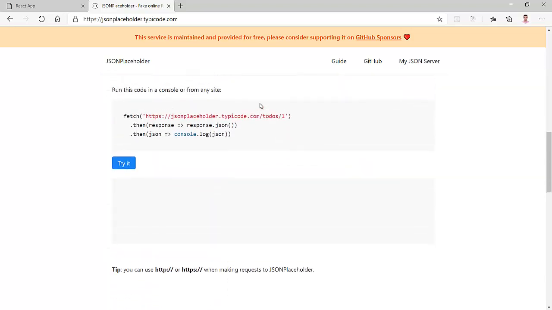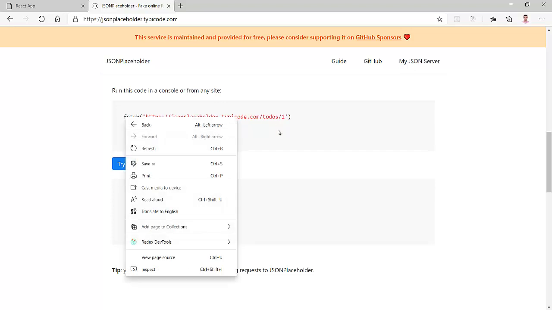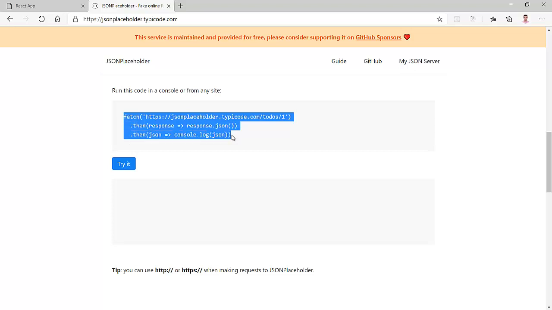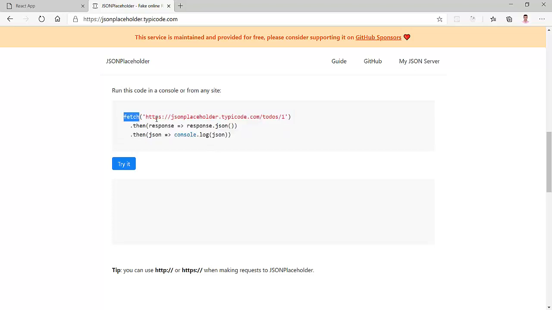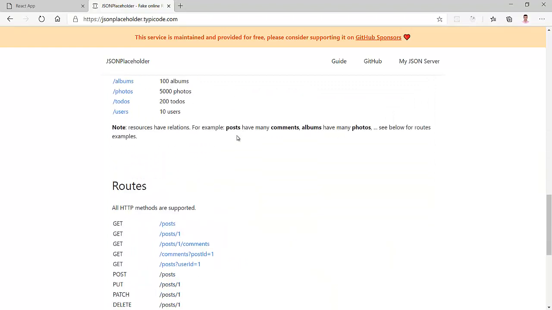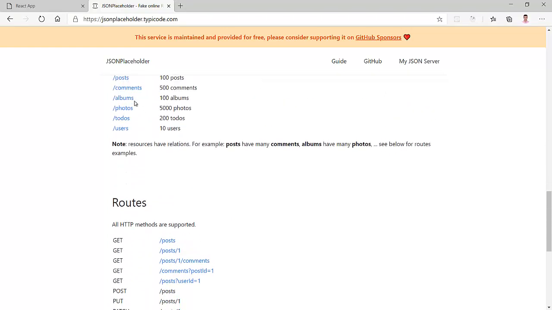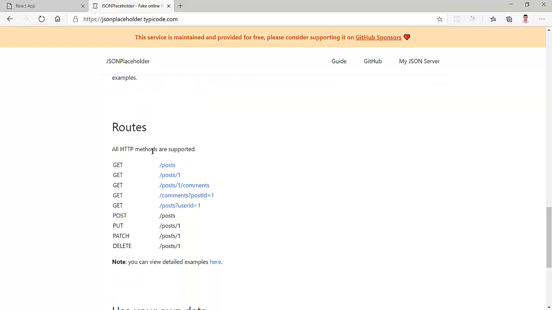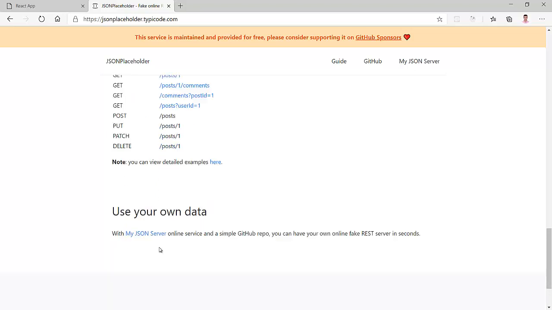See, this is our fetch statement here. You can fetch any to-dos, like here. This is for our GET method. You can also write the method as POST, but we will do it with Axios only. I will fetch some posts here, or I can also fetch users. Let's first of all fetch our users here. You can put any GET request, POST request, PUT request and PATCH request, and also a DELETE request.